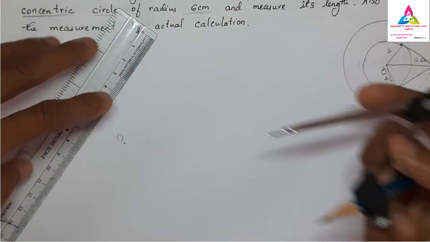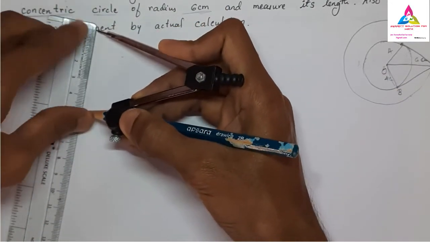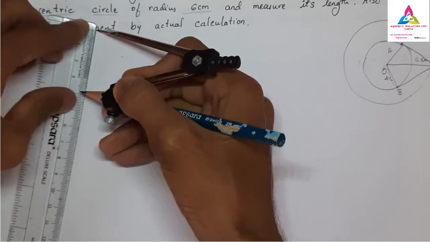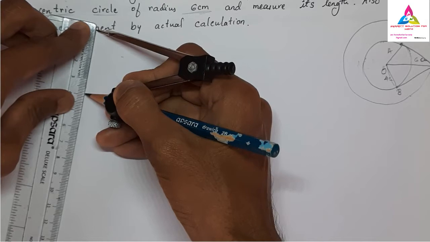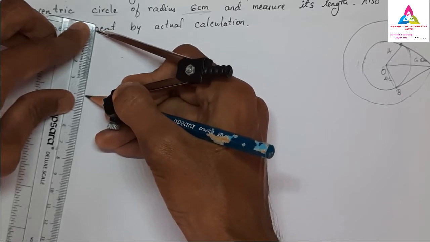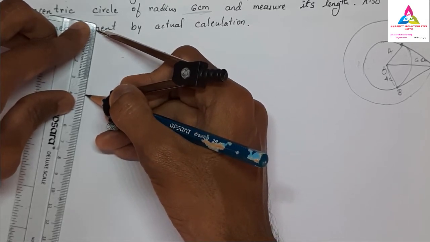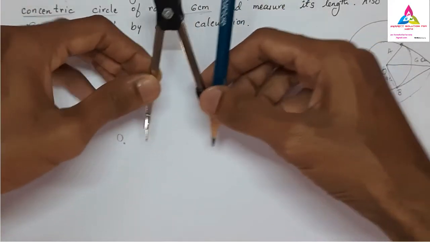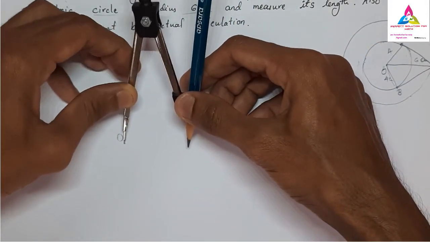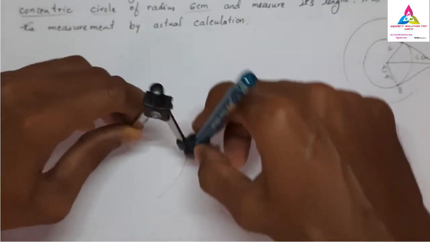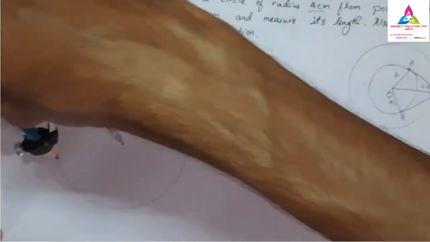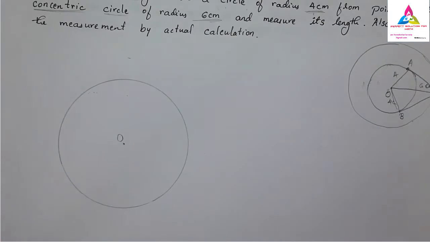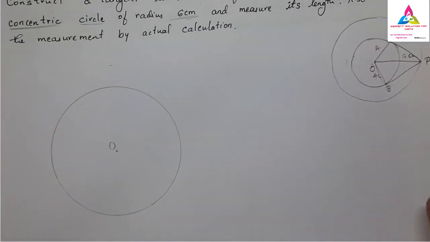So let us take first 4 centimeter. Measure that 4 centimeter in a compass, exactly 4 centimeter, because we have to verify your answer. If you take a little bit more or less, it will give the wrong answer. So 4 centimeter I have taken and draw one circle over here. This is our first circle, that is the inside circle, 4 centimeter. So this 4 centimeter circle we have finished.